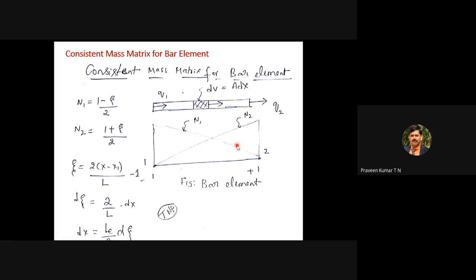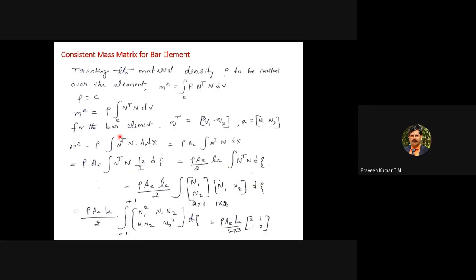So now we have considered the bar element. You are familiar with node 1 and node 2, and the shape functions are also given, N1 and N2. Displacement at node 1 is q1, displacement at node 2 is q2, and the volume of the bar element is given by dV. You are considering a small strip, given by A into dx. Initially most of the formulas are in global coordinates. At a later stage, during processing, even in the software, all coordinates should be converted into the local or natural coordinate. Natural coordinates are xi, zeta, and eta. Because the bar element is a one-dimensional element, you are considering only xi.